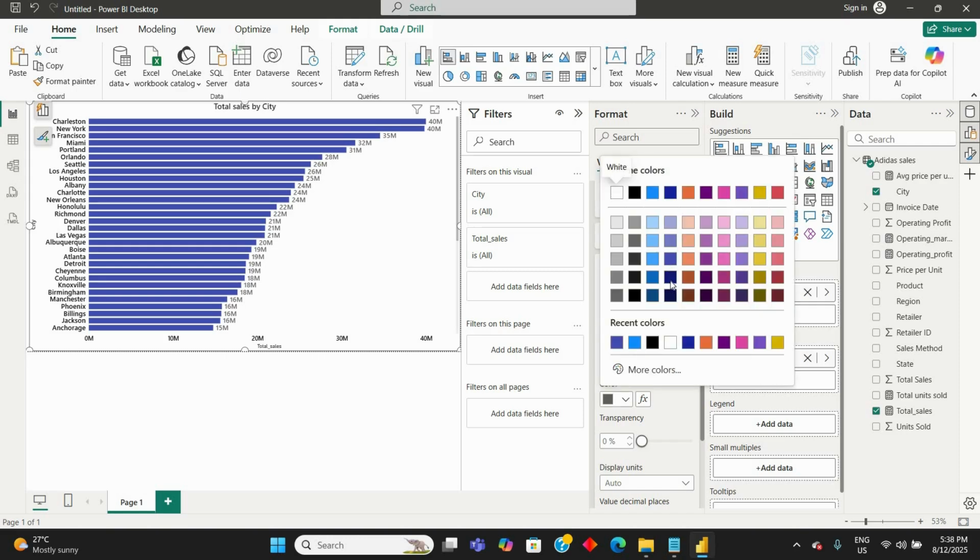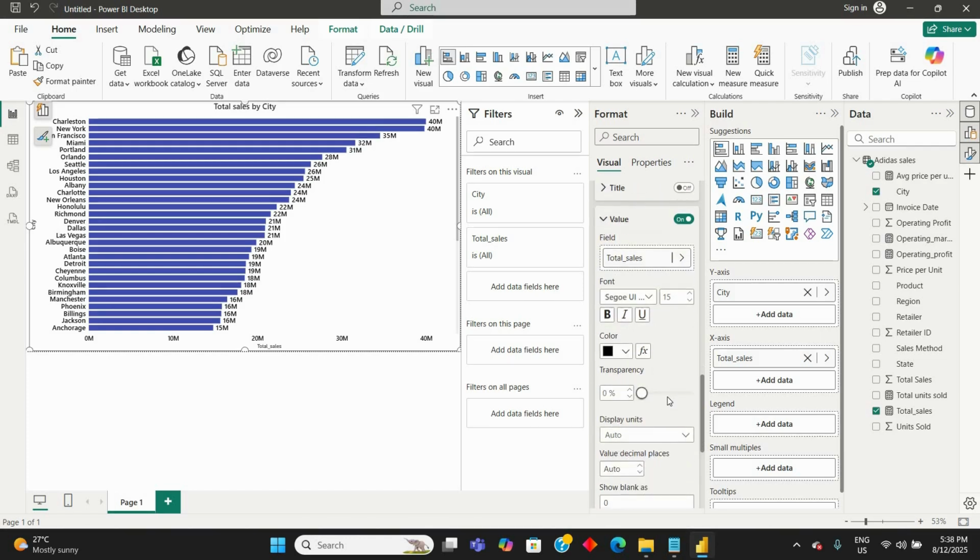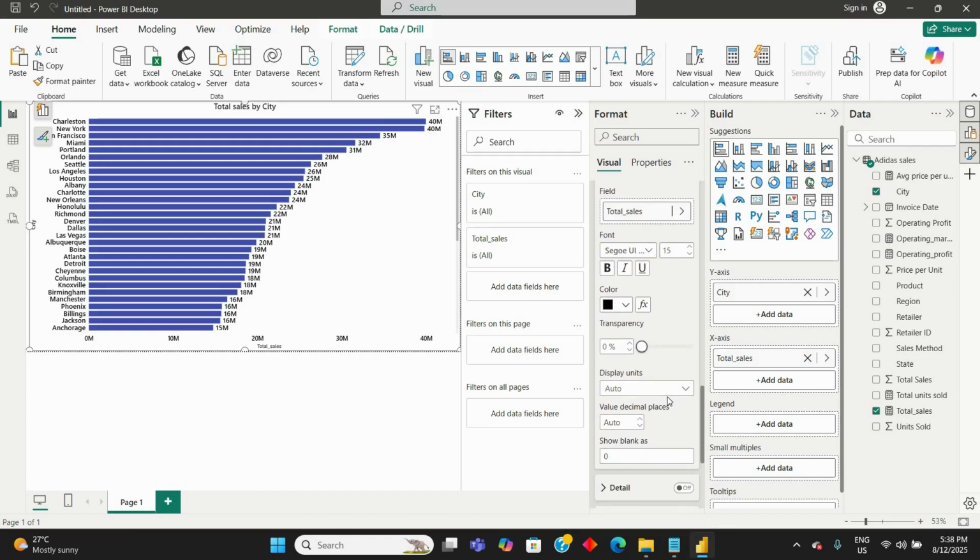Then we can change the color. I think I should use black, which is more visible. Okay, now the color is fine,